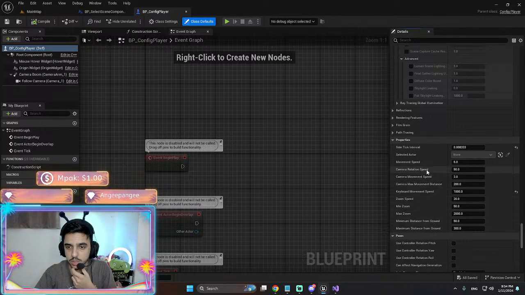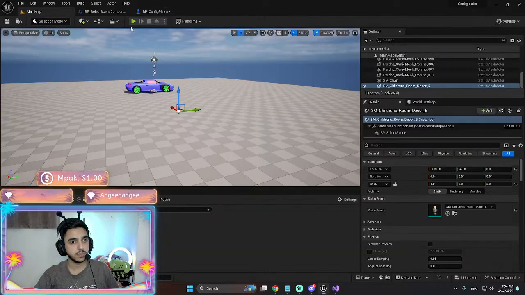Zoom speed, movement speed. What if I change it to 30?